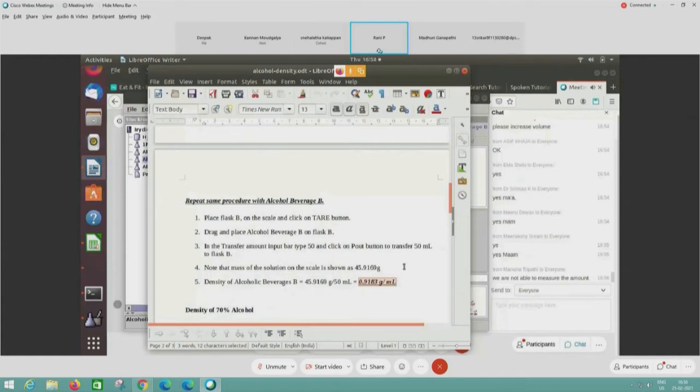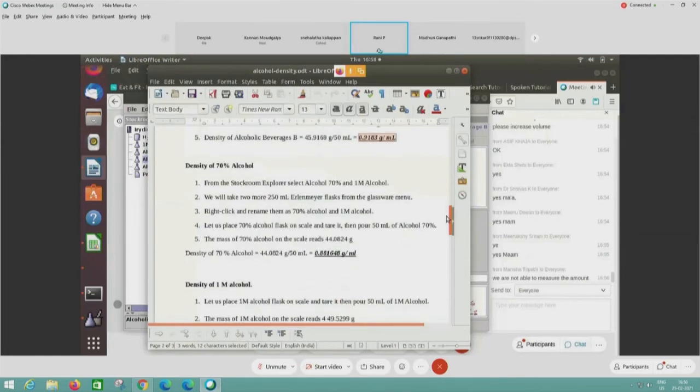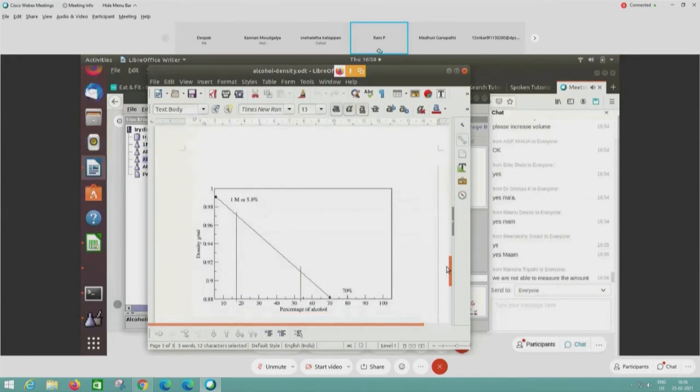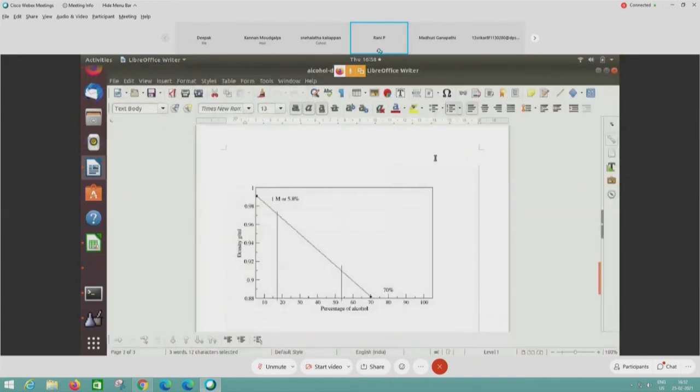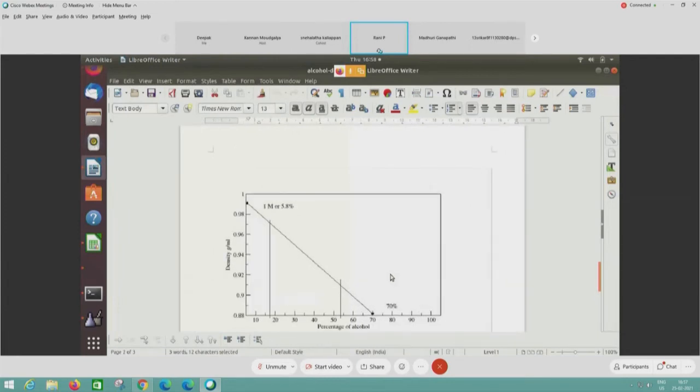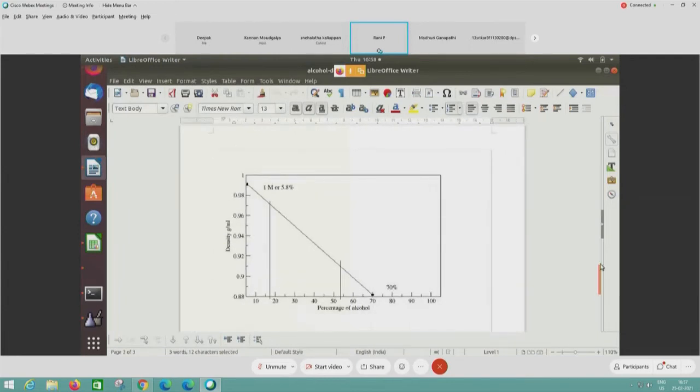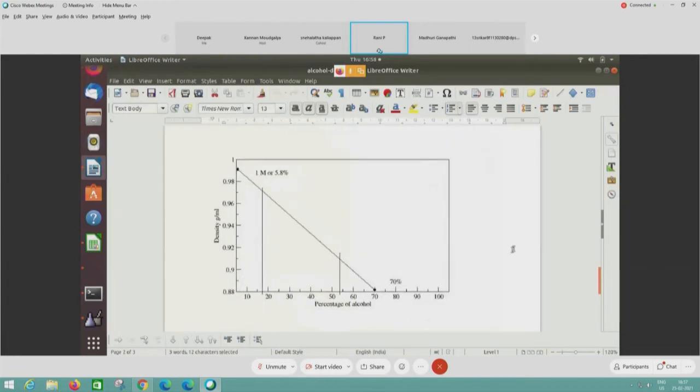We can say that the density changes linearly and it will result in a straight line. That's been done using GRACE, which is also a tutorial that we have on our website here. So we can make an XY plot.